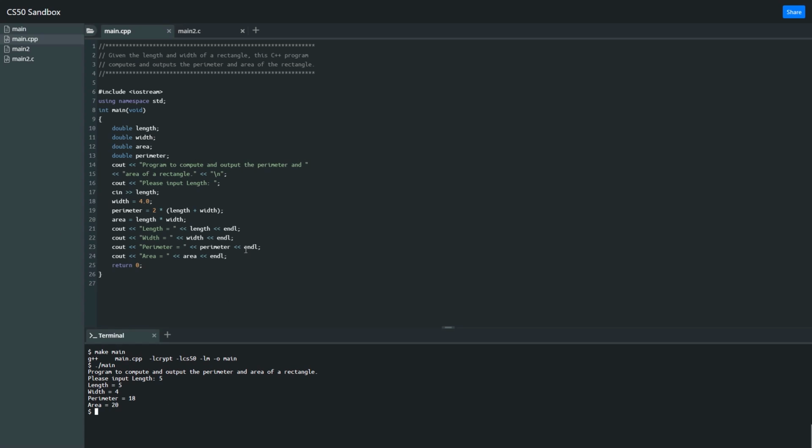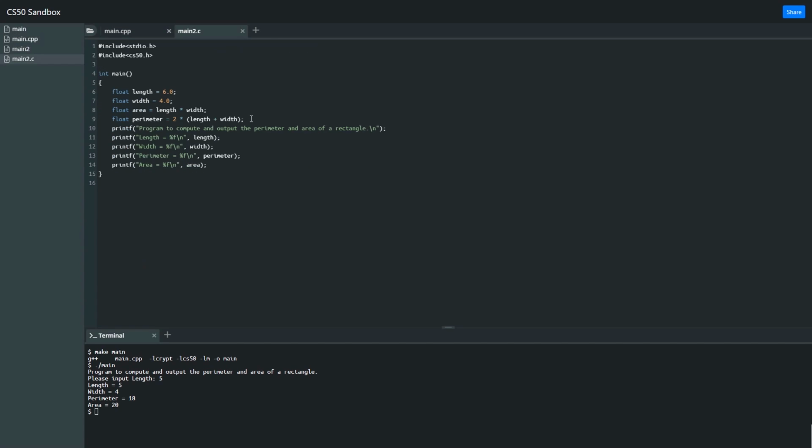So that's the simple parts of C++ with input statements, but you can do the same with C programs as well. In our C program, if we want to do this, we can just say something like getInt, which is a pre-made function by CS50 that you can look into. You can just Google CS50 getInt to look at what the function actually is. But basically you can say please input length, and you should get